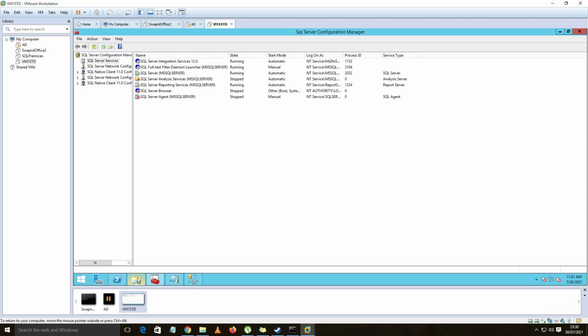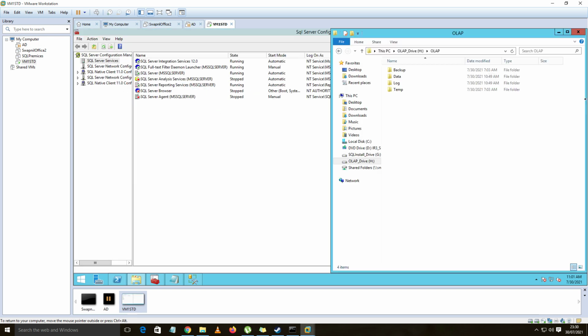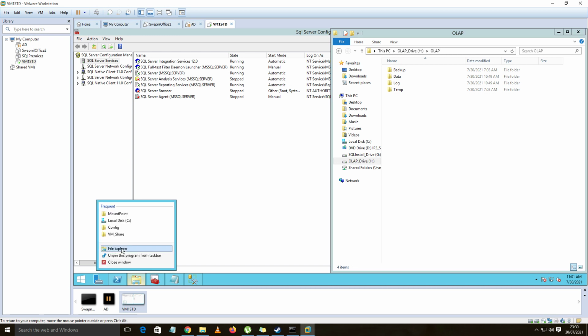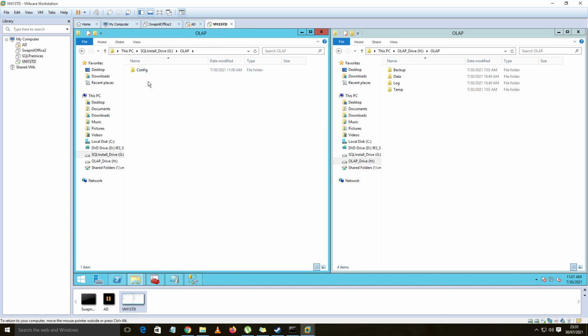Then simply move the other folders. I am keeping the config folder over there as of now and moving the other folders. For your better understanding, I am opening both. See, only the config folder is under G drive, and the others have been moved to the H drive.